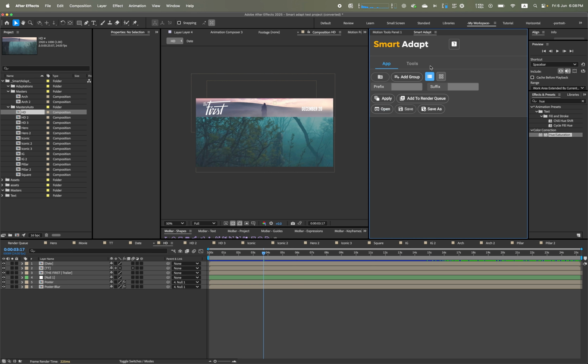In the app tab, as you can see, now we have a new interface. We changed the icon color just to match the After Effects look and feel. So now everything is gray, the same color, and we changed the button size and we added a few features to